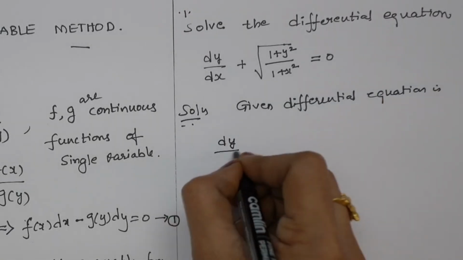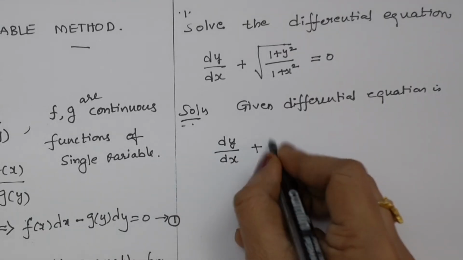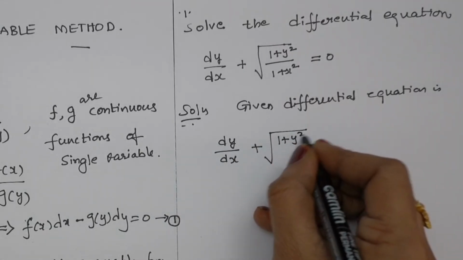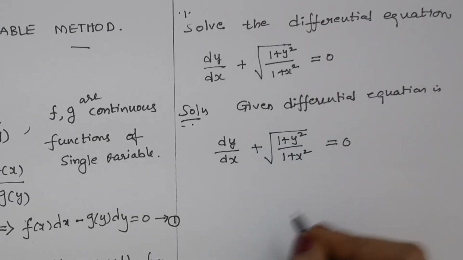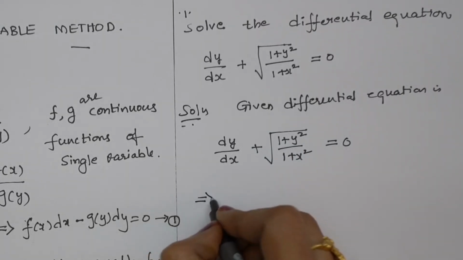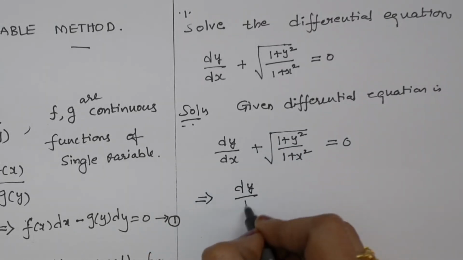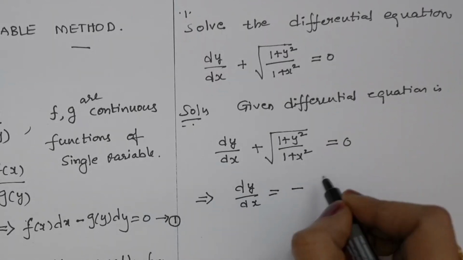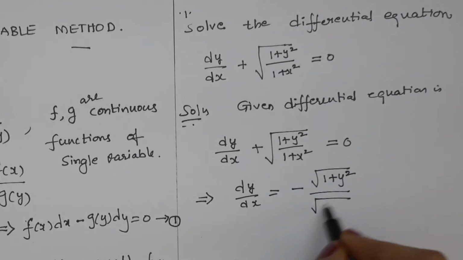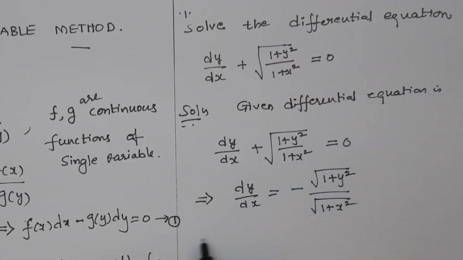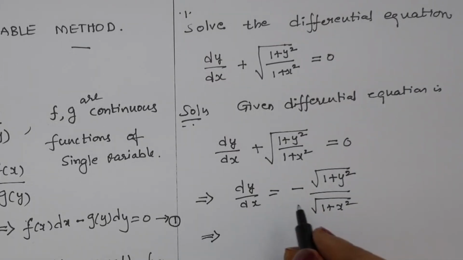dy by dx plus square root of 1 plus y square by 1 plus x square equal to 0. This implies dy by dx equal to minus, we can write this one as square root of 1 plus y square by square root of 1 plus x square. And further simplification,